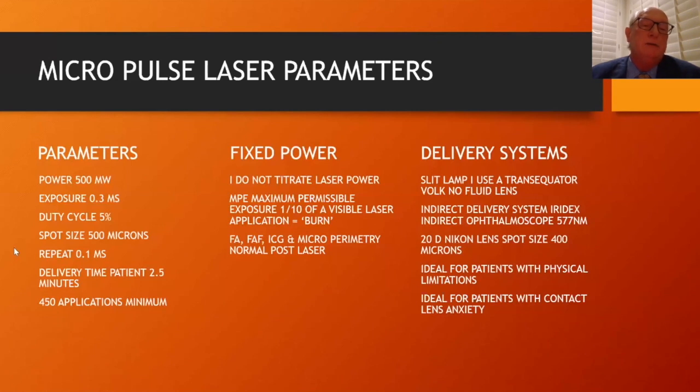There is absolutely no sign of damage on fundus autofluorescence, on fluorescein angiogram, on ICG, which I do frequently, or on microperimetry. The power is fixed. I don't titrate for a variety of reasons. I have no problem with those that do. There's more than one way to deliver medical care,